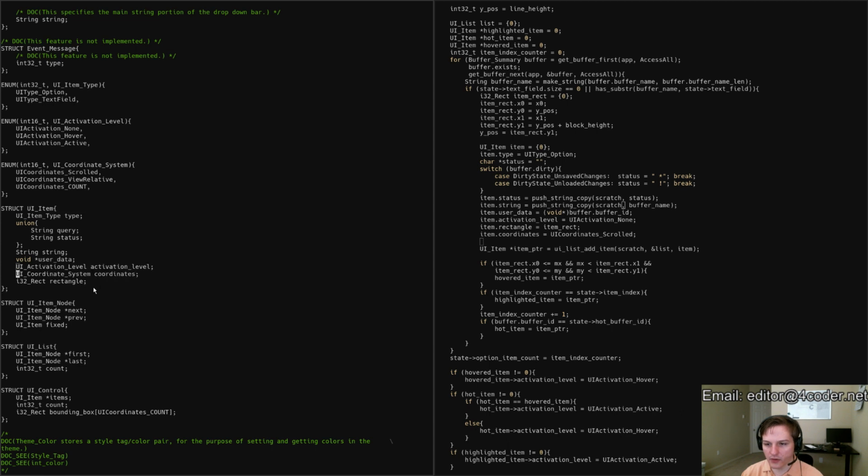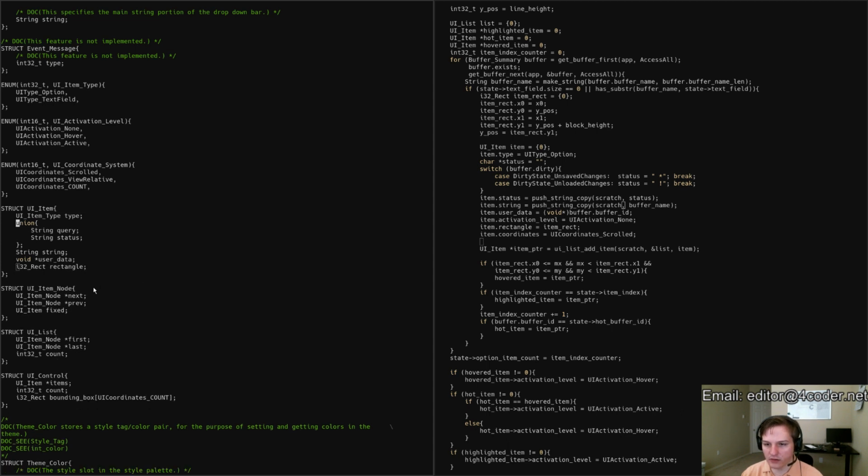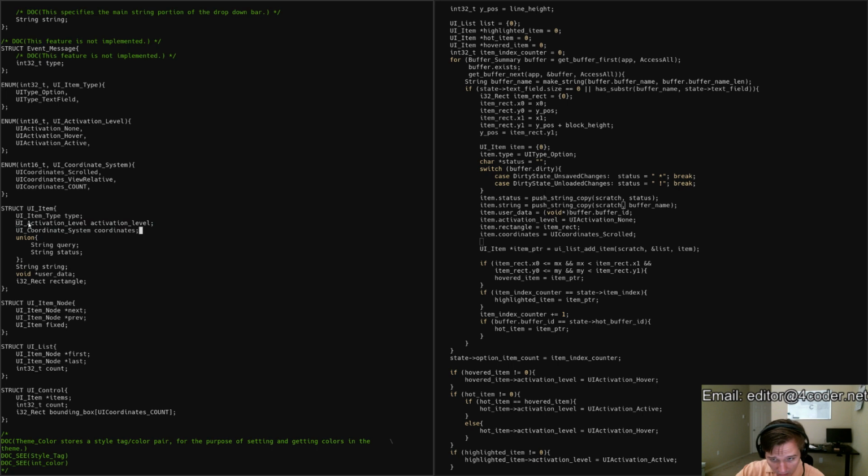Which means if I group those together and put them right here underneath the type, now this is 4 bytes and this is 2 and 2, which is a total of 8, and those now group together. Then there's 2 8s there, 2 8s there, so we're still aligned to 8, and then 4 4s there, so all the way through now we're 8-byte aligned, which means we have no padding. So that actually makes us smaller in a way that we can bear to lose that